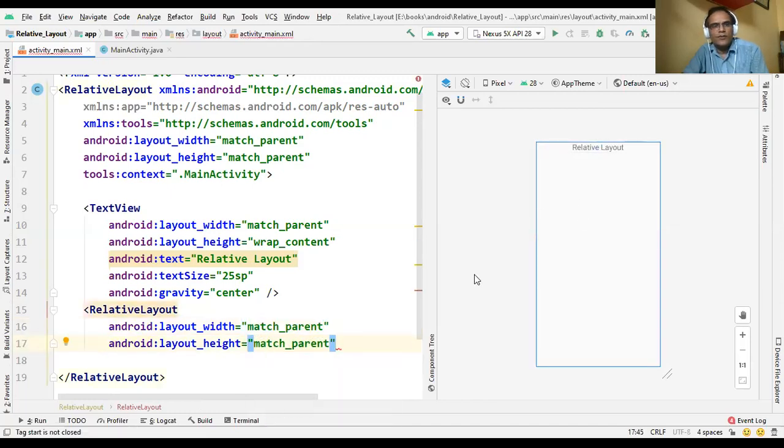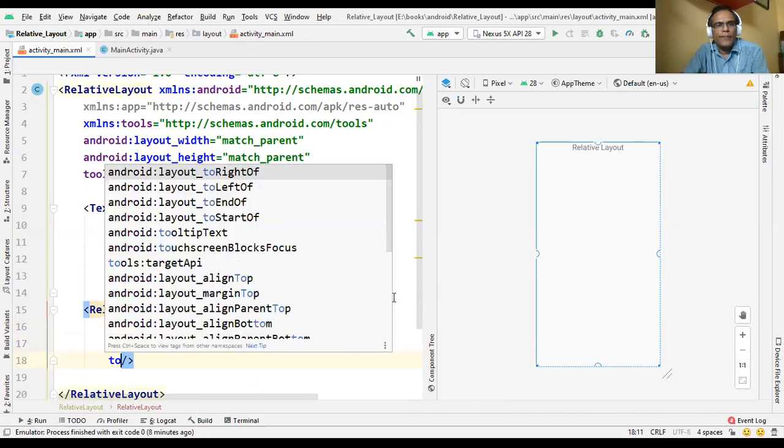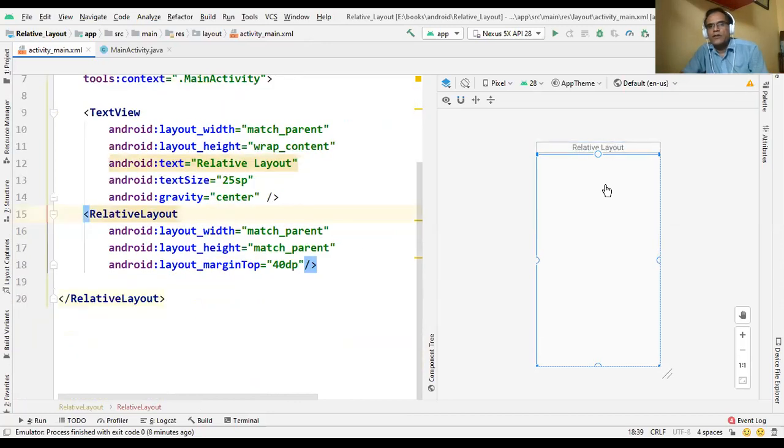You can see the design part, and here we want to use the top margin property. You can see margin top, and we use 40 dp.